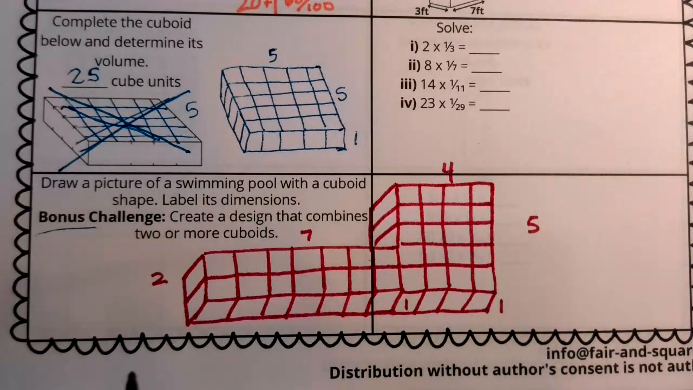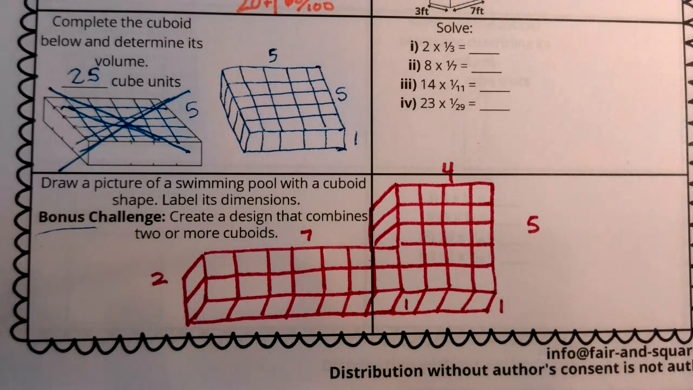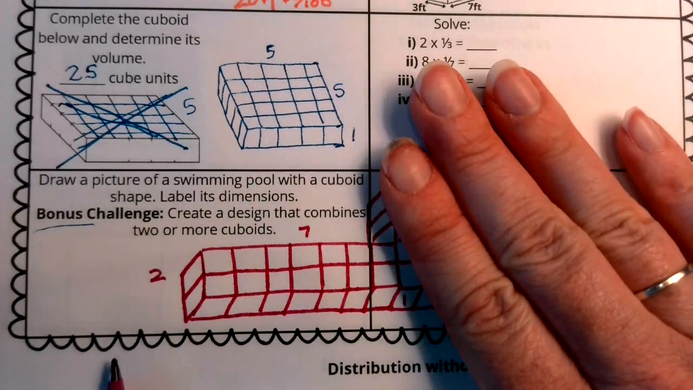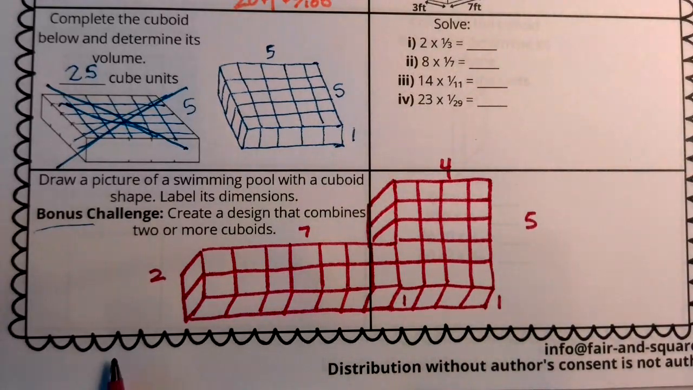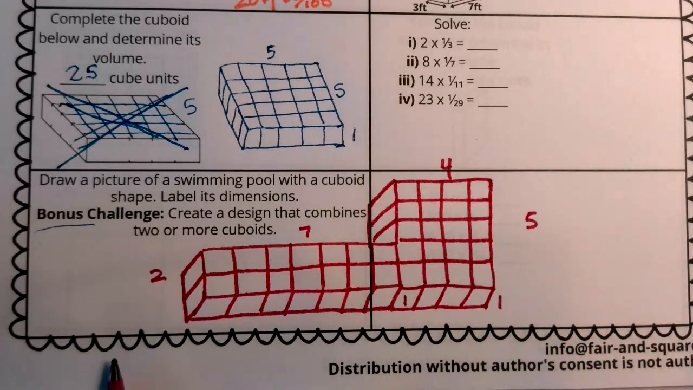But I have now drawn a swimming pool, and it does have a cuboid shape, and I've labeled the dimensions as I went along, and I did the bonus challenge. Now, if you don't want to do the bonus challenge, you could have just done this cuboid. But I put them together to create a swimming pool that is going to have some laps, and then over here, maybe I'll have some little diving boards or something like that. All right, boys and girls, well, that finishes out our